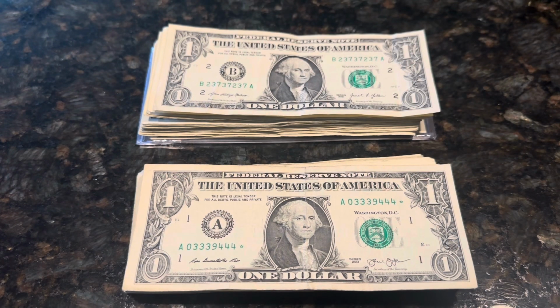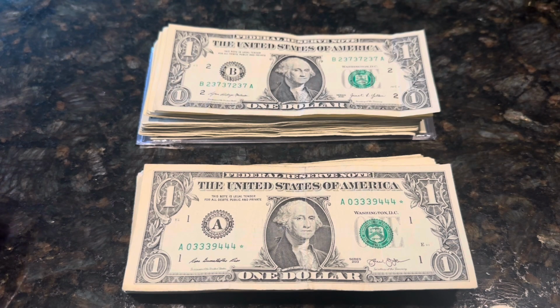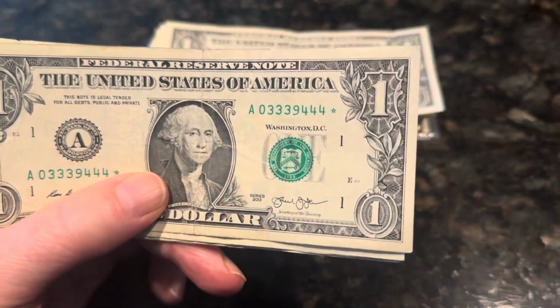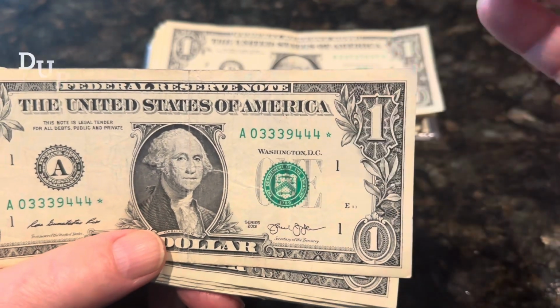All right, we're going to go through the $2,500 worth of singles search this week, and we'll start with the star notes. I believe I counted out 23 of them. I did not get any of the duplicate serial notes this week, but I do find them every now and then. This one's got an interesting number,